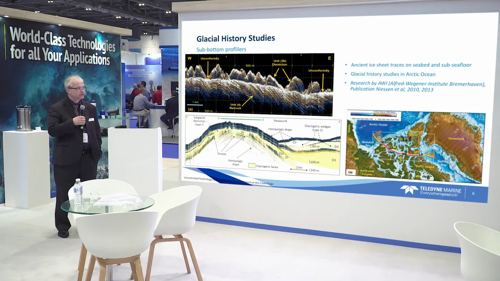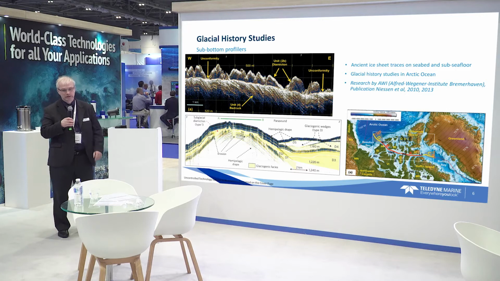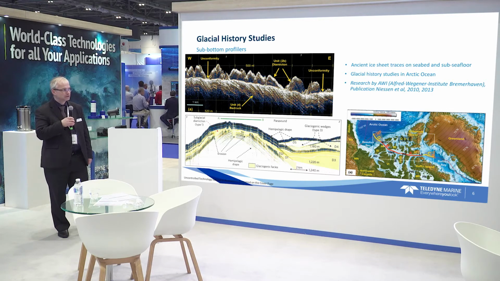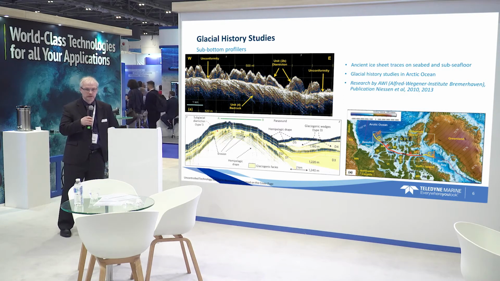The Alfred Wegener Institute has been doing studies in the area using the sub-bottom profiler to profile the surface sediment layers, and the goal of the profiling for the mission was really to find out about the history of the glacial developments in the area. How have the ice shields developed in the last